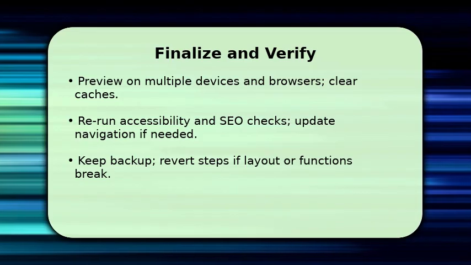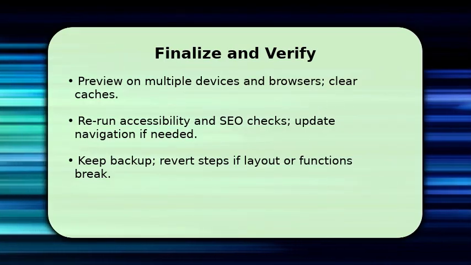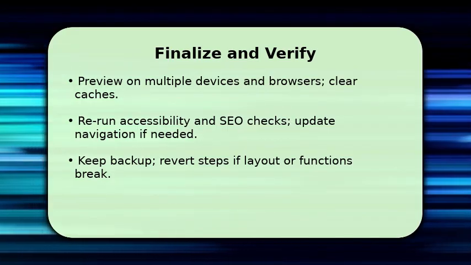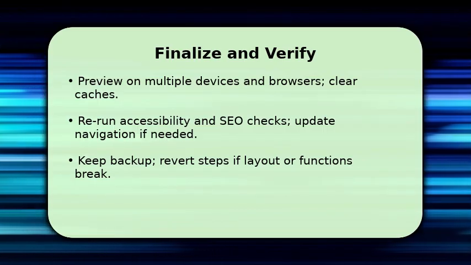Rerun accessibility and SEO checks to ensure no hidden headings or links were lost, and update navigation or anchors if they pointed to the removed section. If you used code, tidy up unused CSS and scripts to reduce load. If something goes wrong, restore your backup snapshot and retrace steps. This controlled rollback protects content while you refine the